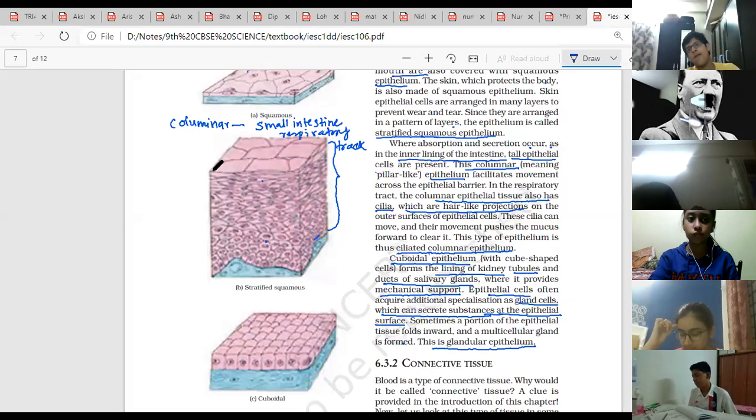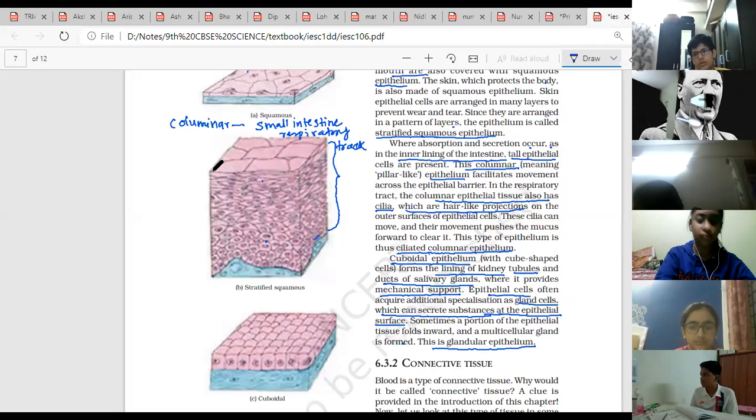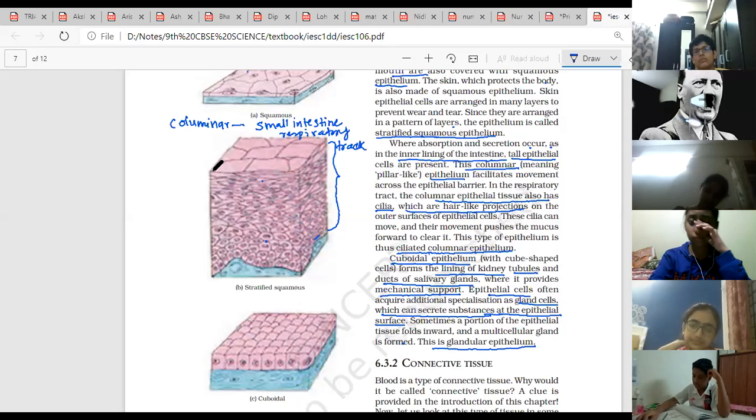They can easily move. Then the second one is dense connective tissues, where the matrix is completely compactly packed, hard, rough, rigid. Those are bone, cartilage, tendons, and ligaments. Is it clear? And loose connective tissues, in that areolar tissues and adipose tissues. So one by one, we have to go through all of them.